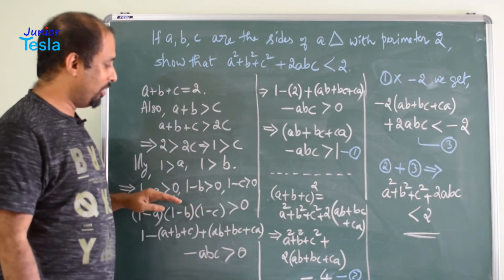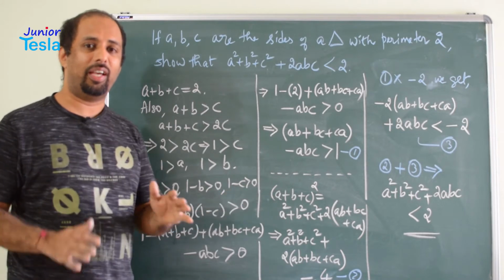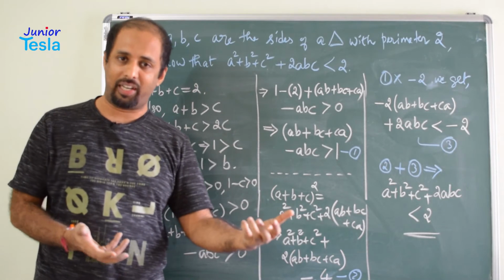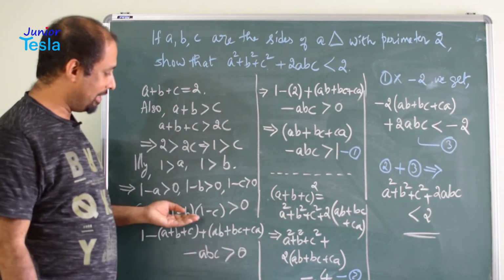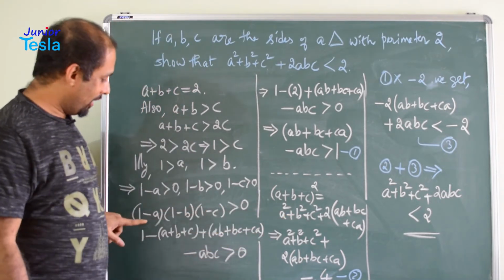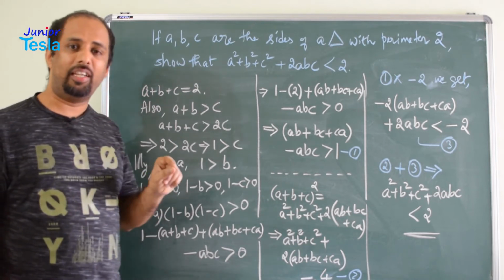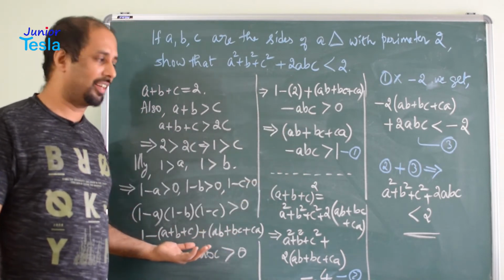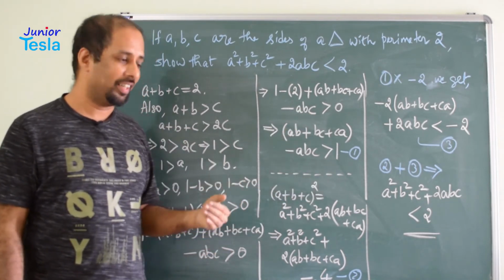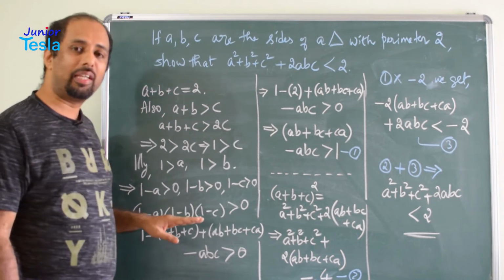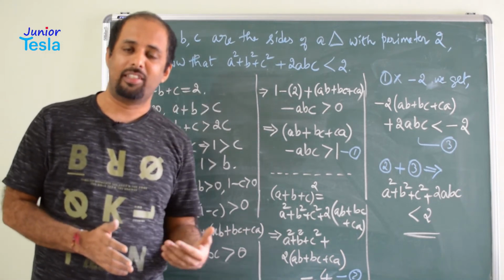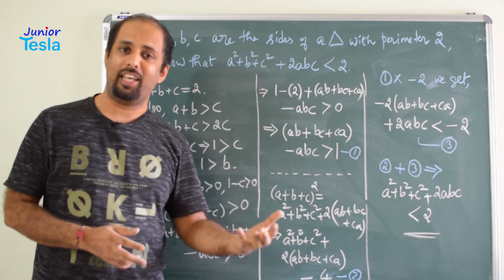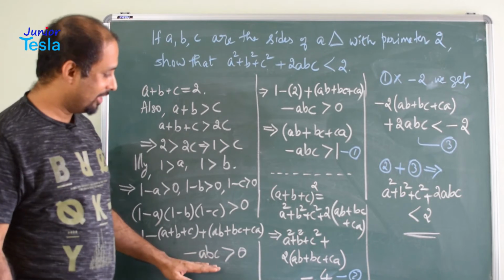Then what you can do is multiply all these three. If x, y, z are all three terms greater than 0, then xyz is also greater than 0, correct? So we can multiply these three terms, which is greater than 0. Now this is one identity: x minus a into x minus b into x minus c equal to what? If you know, you can directly write the answer, otherwise you have to work it out. So 1 minus a into 1 minus b into 1 minus c equals 1 minus a plus b plus c plus ab plus bc plus ca minus abc, and that is greater than 0.